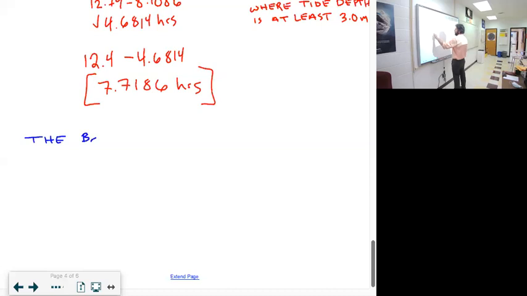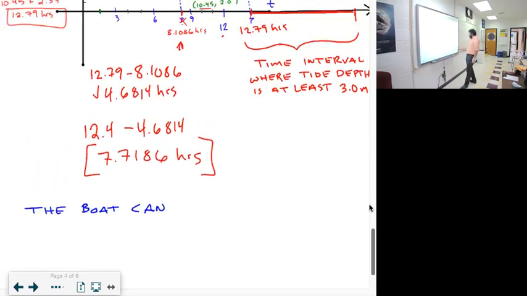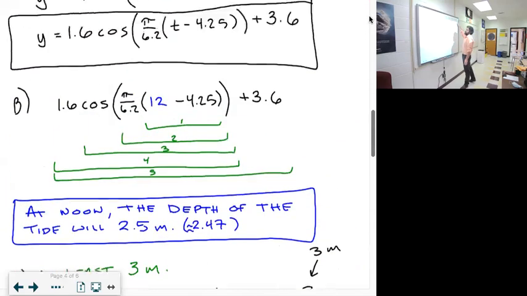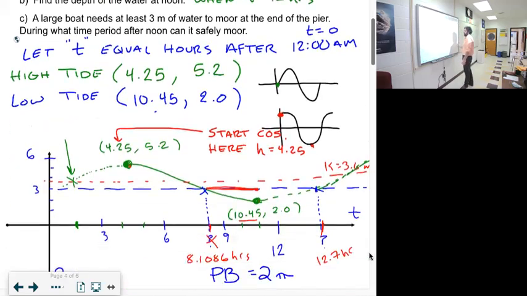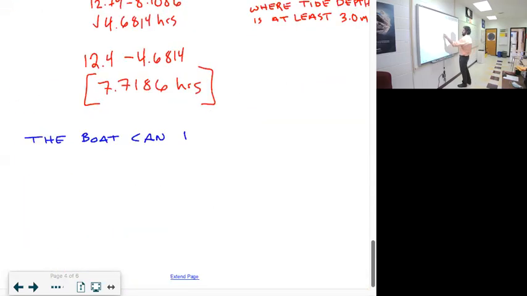the boat can moor, right? Is that what the question was asking? Sorry, what's the question? Boat can moor in 3 meters of water in the interval